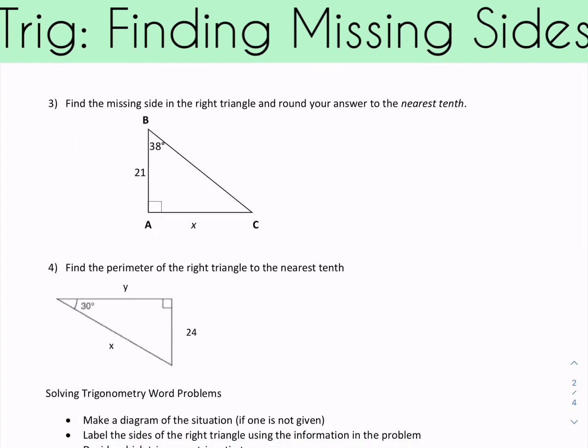All right, so one of the main skills we're going to work on today is finding the missing side of a right triangle. So here, let me teach you real quick how we're going to do this. So we have this angle here, 38. That's our reference angle, okay? Now I need to figure out this side x. So what I'm going to do is figure out a trig ratio. So if I write SOHCAHTOA, just to help me,